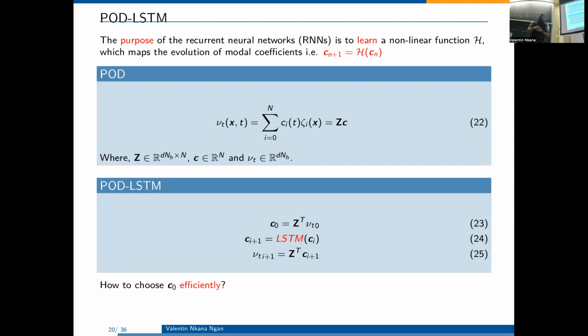With the POD-LSTM, again, we assume a POD decomposition. But the interesting thing is now we are mapping the previous coefficient with the next coefficient. So I have the set of data that I obtained offline, and from that I am building a map that can learn this dependency between a previous coefficient and the next one. And you will see when we reach the results part that how you choose the initial condition here is really important.